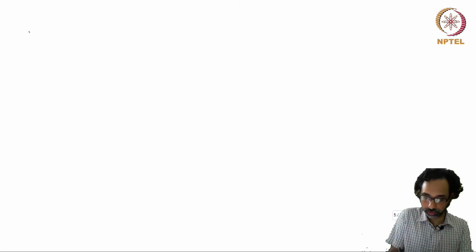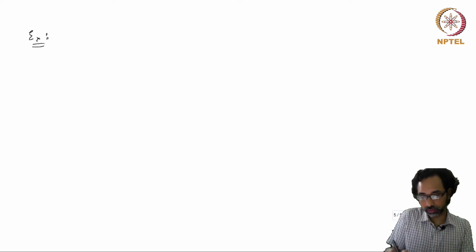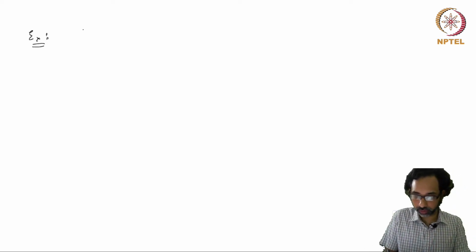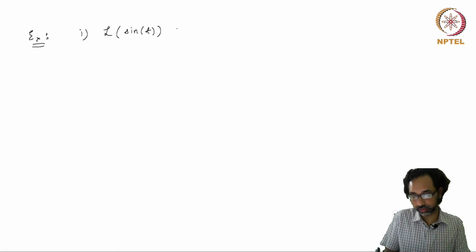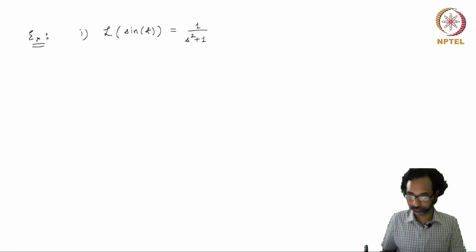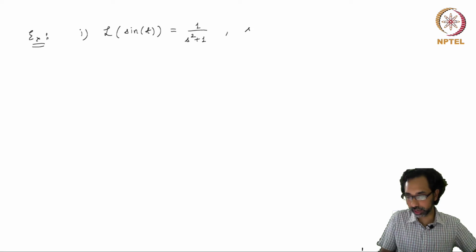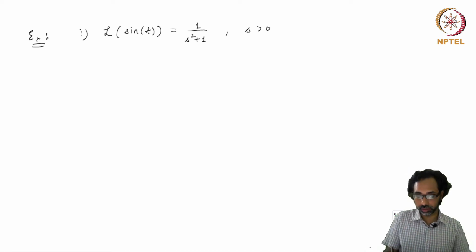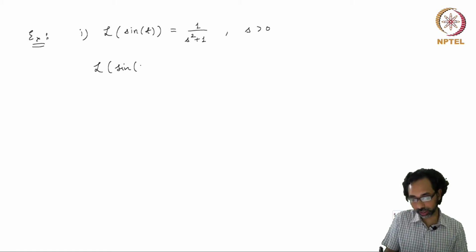Let's see an example where this is used. So we have already computed the Laplace transform of sin t, which was 1 over s squared plus 1, and this is defined in the region s greater than 0. Then I would like to compute the Laplace transform of sin omega t